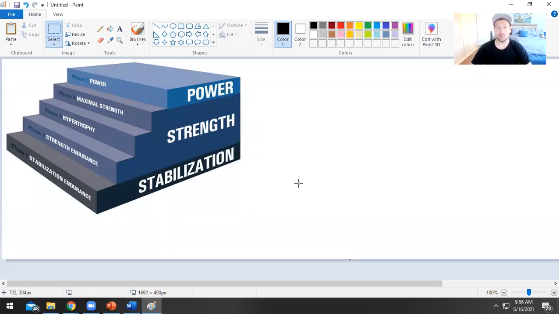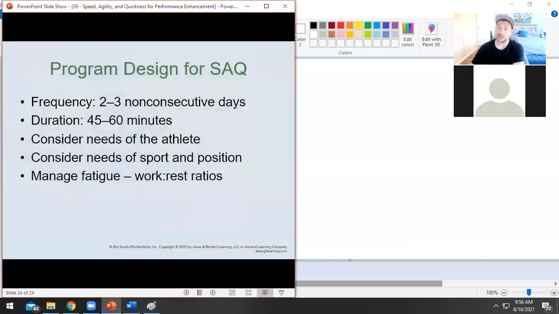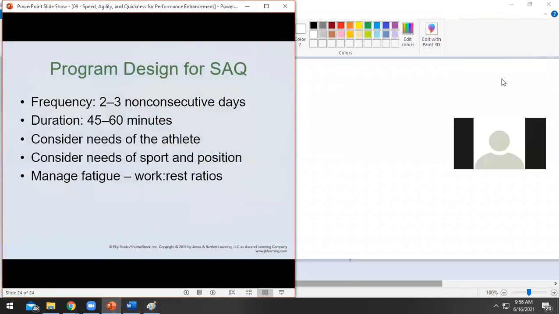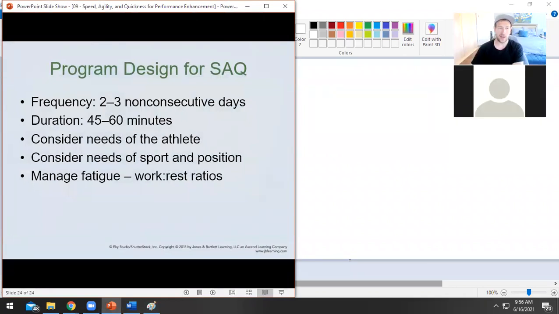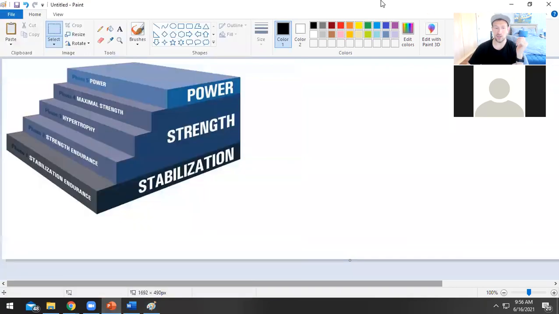All right, so if we are talking about this, SAQ is a little bit different than anywhere else on the OPT model. So we've got a little bit of a rule break here. Traditionally, we had core stabilization, core strength, and core power, for stabilization, strength, and power clients. That was pretty easy to understand. SAQ doesn't really work that way. There's no such thing as speed stabilization, strength stabilization, power stabilization. It just isn't organized that way.